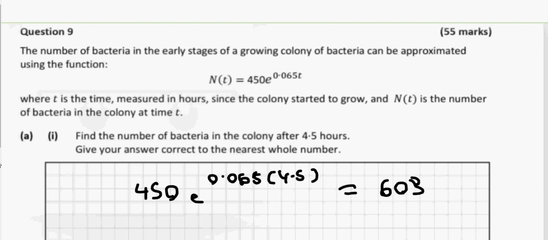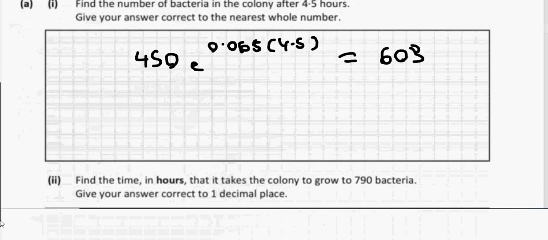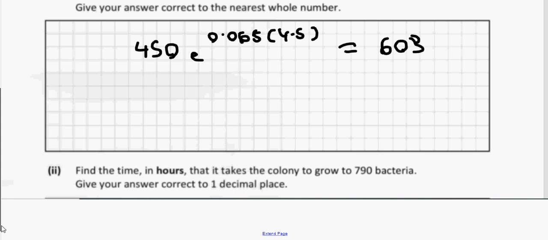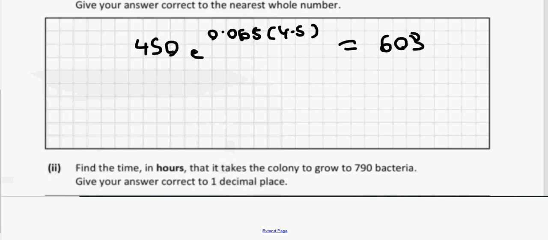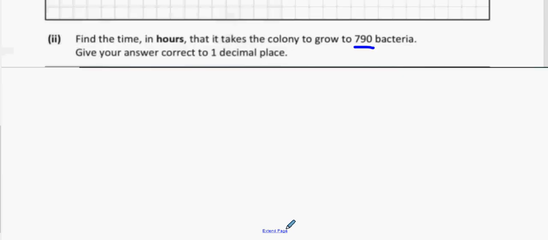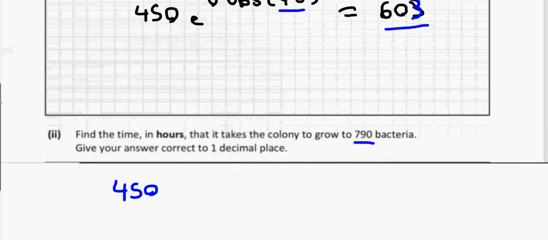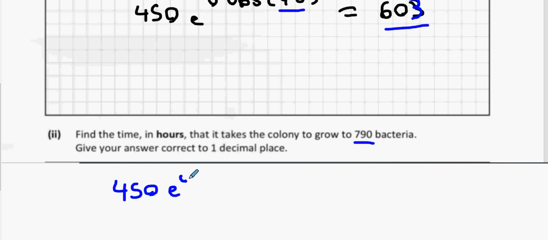Now, are we on this part then? Find the time in hours that it takes the colony to grow to 790. Prediction. Is it more than 4.5 or less than 4.5? How do you know it's more than 4.5? 4.5 is 603, so therefore this one should be somewhere near the 790 mark. Now, okay, what's the 450 e to the power 0.065t equals 790. Alright,